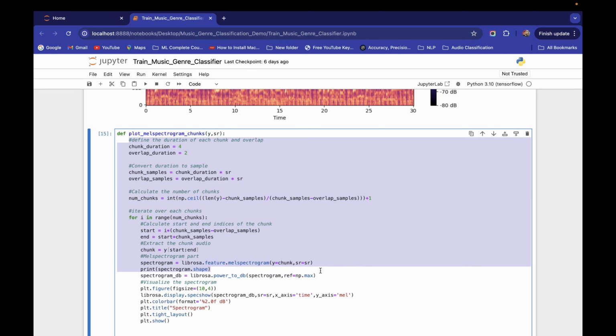If you don't know about np.expand_dims, copy this and Google it, and you will get the documentation: expand the shape of an array, insert a new axis that appears at the axis position in the expanded array shape.